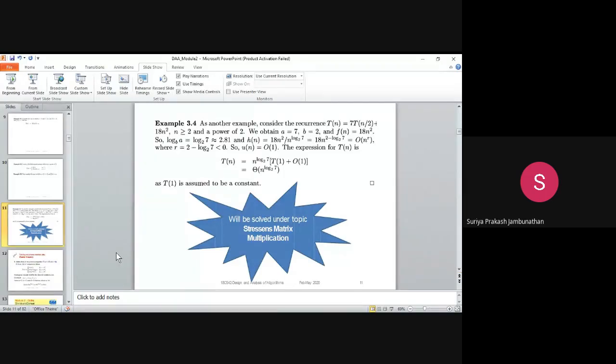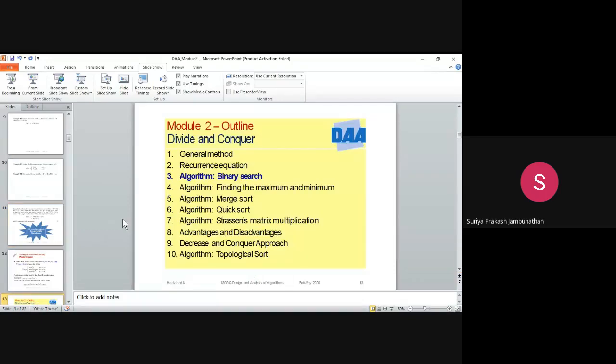Until now we discussed recurrence relation. Further we have the binary search algorithm.